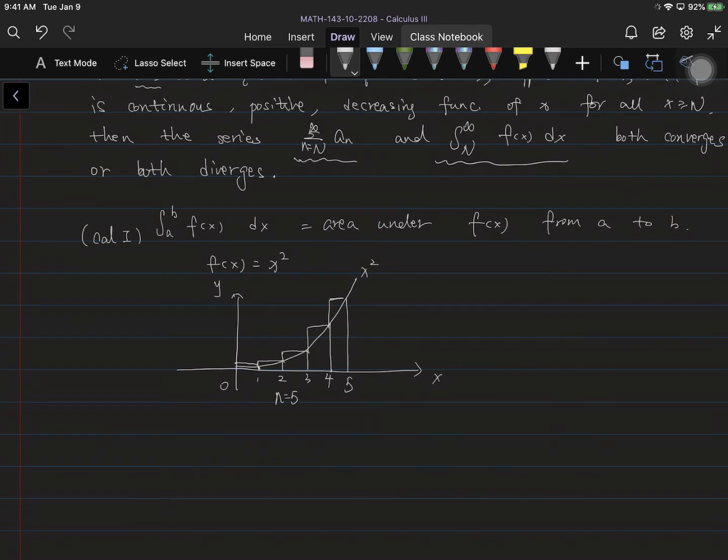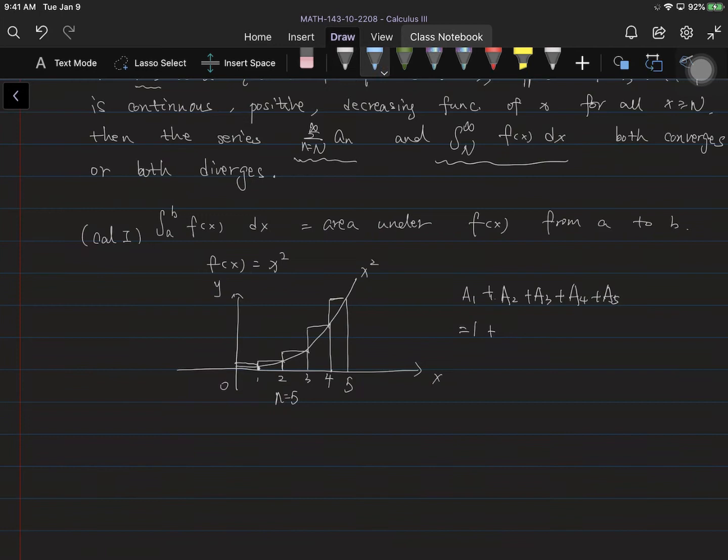The first one has height 1 and the base is A1. We have 5 rectangles, A3, A4, A5, and those are 1 plus